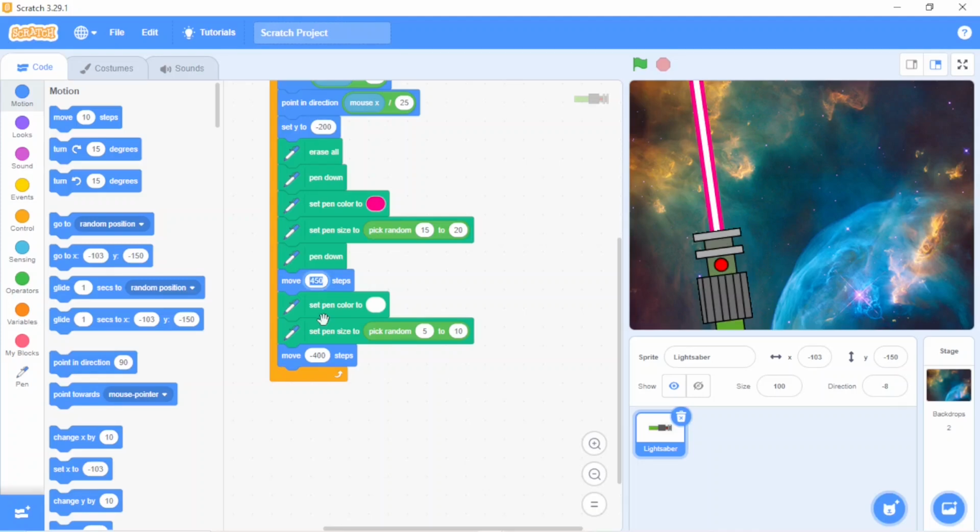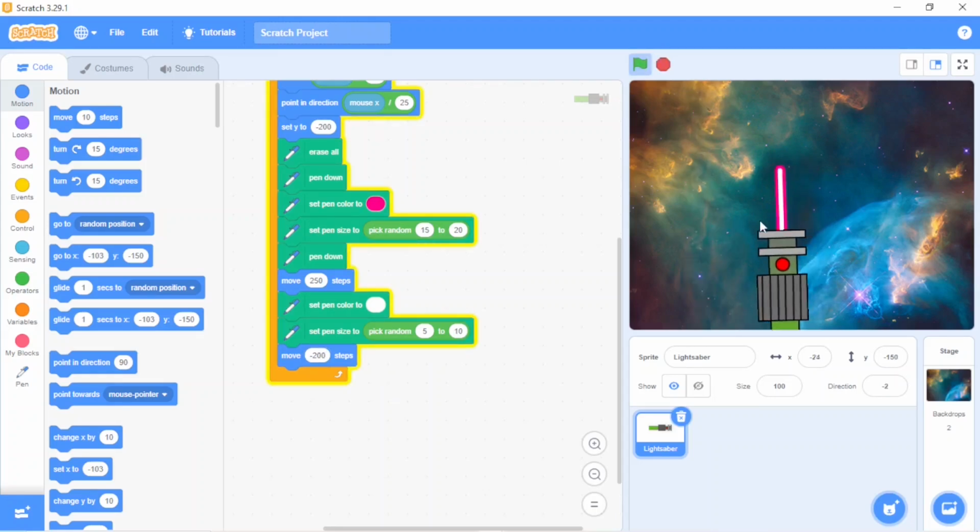Instead of move 450 steps, I can do move 250 steps. And then in the last block, move minus 200 steps. Now see, the light became shorter and the lightsaber is at the same height, right?